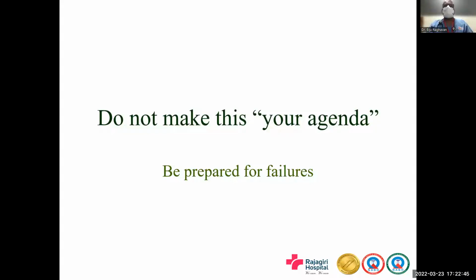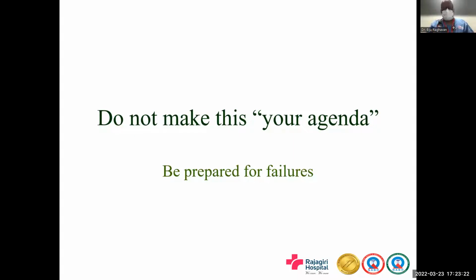Because in our context, the family brings the patient to us, not the other way around. If you have tried to the best of your ability, there is no shame in failure. So be prepared for failures. As I said, there is no shame in failing. The only shame is in not trying. Therefore, whenever you encounter collusion, practice collusion management in the SOP that we just talked about.